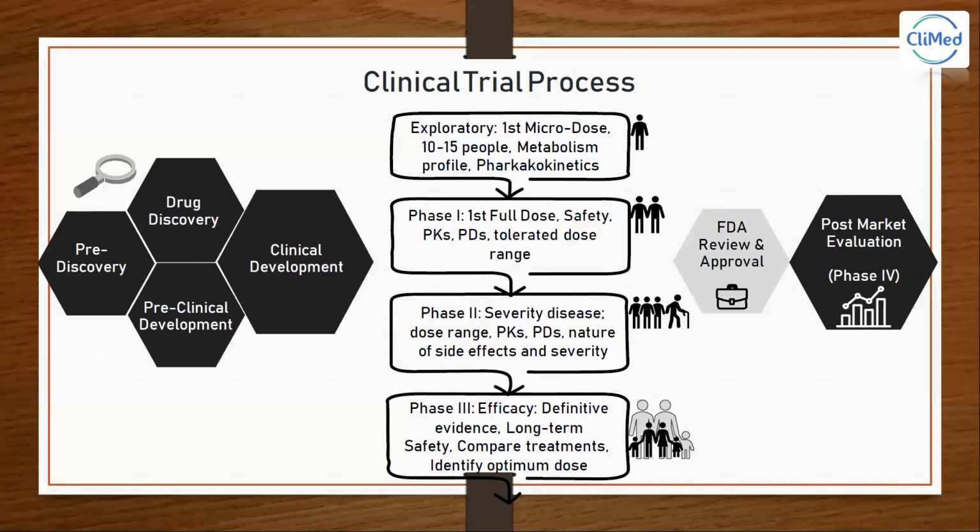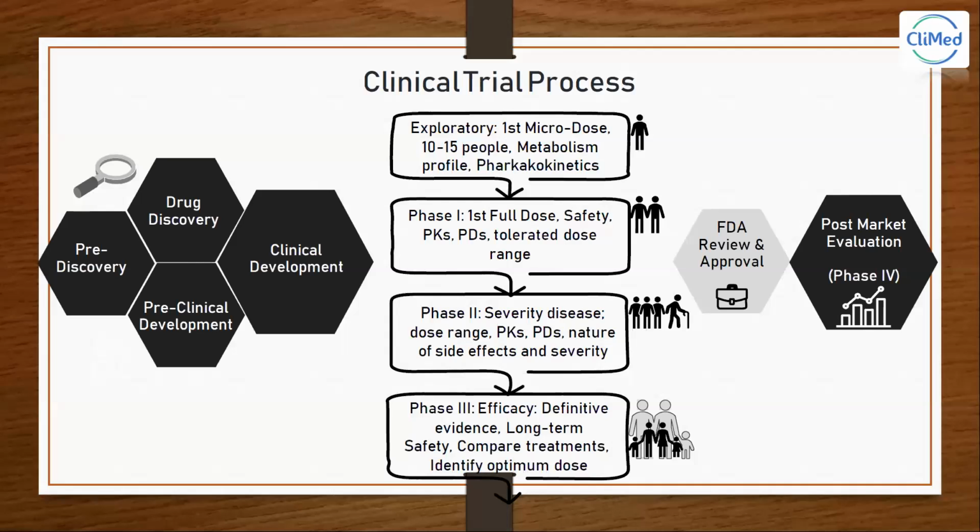So phase 0 is not always for all the trials, but you should know what it is. An exploratory trial is where the first microdose is given to a very small population just to study the metabolism profile and pharmacokinetics. Then phase 1 is where the first full dose is given for the first time, and safety, PKs, pharmacokinetics, pharmacodynamics, and the dose tolerance range